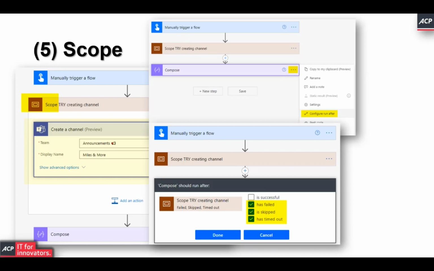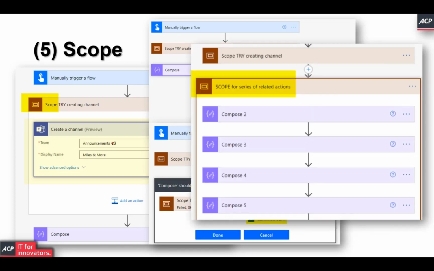And the second recommendation, especially if you have longer but less complex flows, would be to use them as a kind of box or collector to put repetitive connectors in there. This is an example where I haven't named them very well, but you can see these are a series of compose actions. And the problem with Power Automate is that everything is displayed as a sequence, so you can see everything underneath each other.